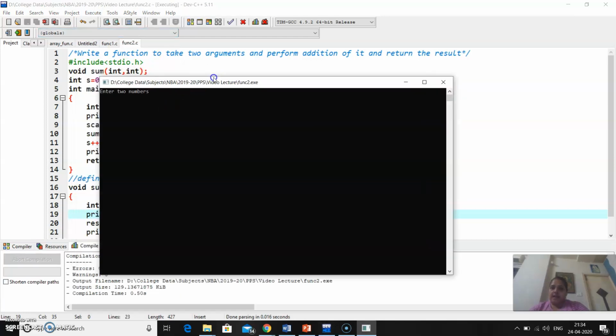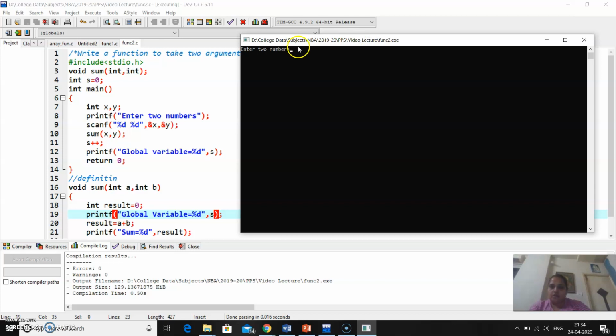Here you can see it says enter the two numbers. So we are at this point, enter the two numbers. We are entering the two numbers 2 and 4, enter. So what is that? Global variable. Why is it a global variable? First it will execute this printf statement, then it will call the function sum, then within the sum the value of s is 0 because it is globally declared as 0. Then the result will be a plus b.